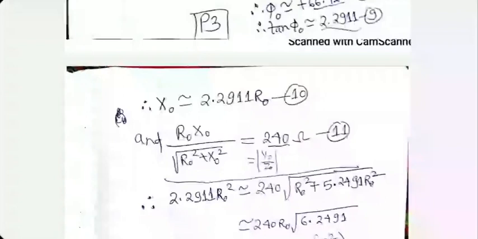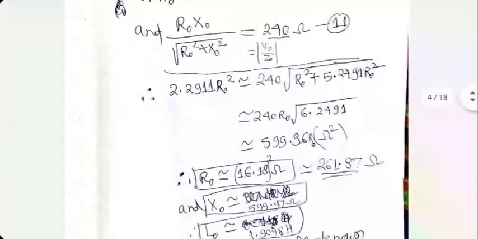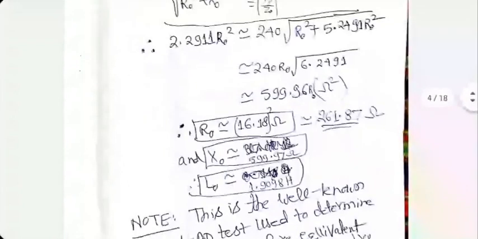Now equations 10 and 11 can be solved to get the core parameters, although they are not asking for them, but I did it anyway. You can use equation 10 in equation 11 and solve the resulting equation to get R0. Double check my calculation later.